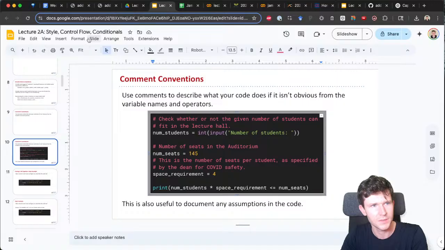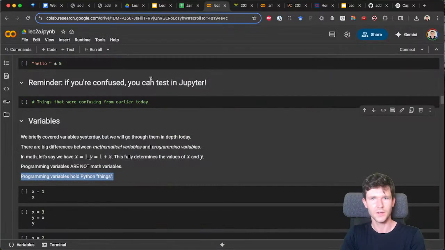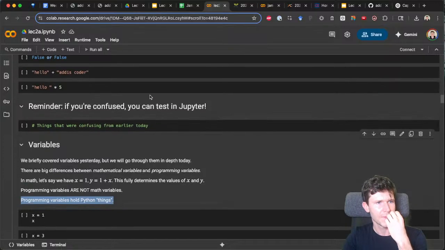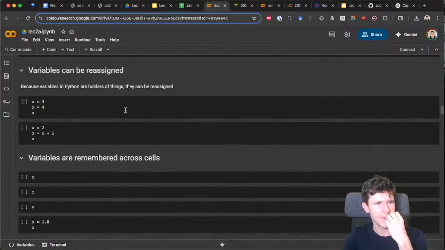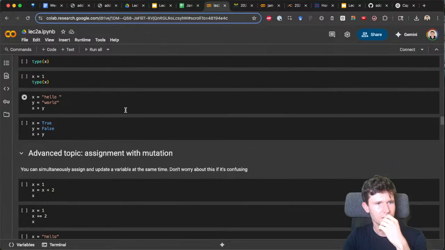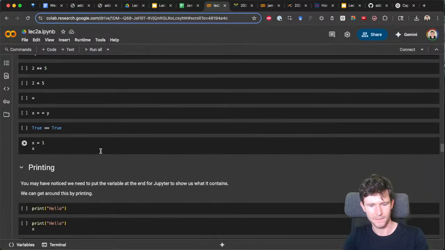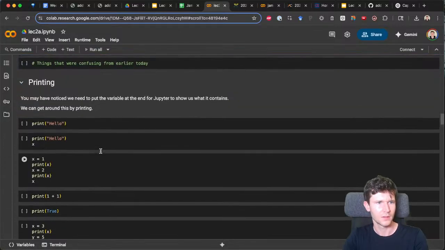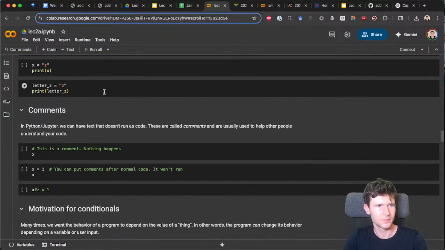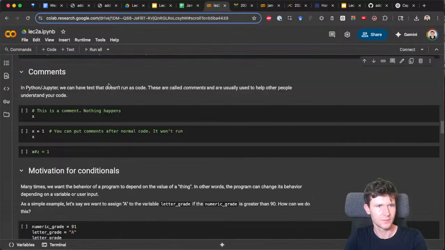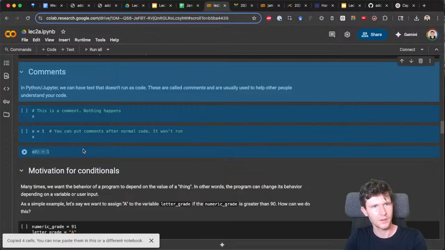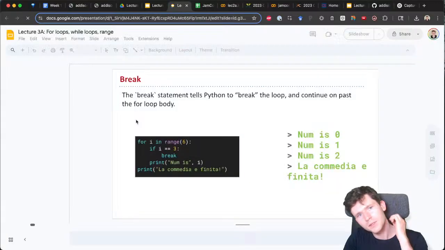So I have my slides for 2A here: control flow and conditionals. I'm going to cut out this discussion of variables. Okay, that I will keep though. So the bit about comments, let's see, I probably,